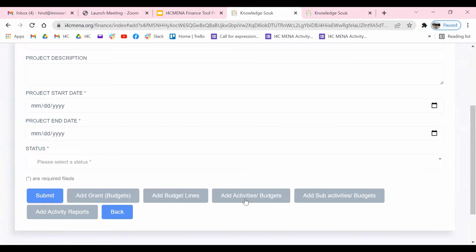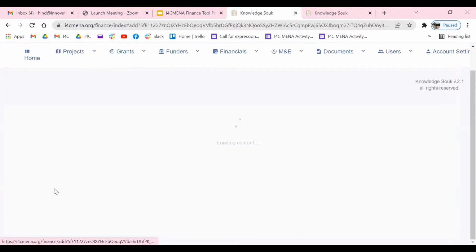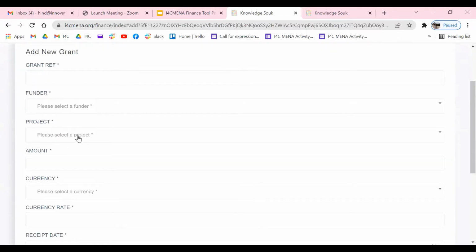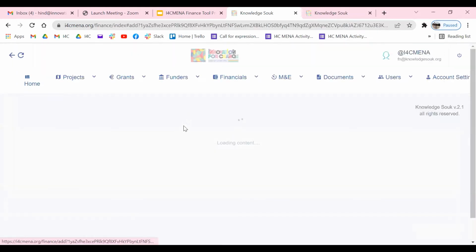The second step is to record the grants info or the funders info. So we can use this quick access functions. We can do it right away from the main menu, but it's easier to use these functions. So we need to add new funder.